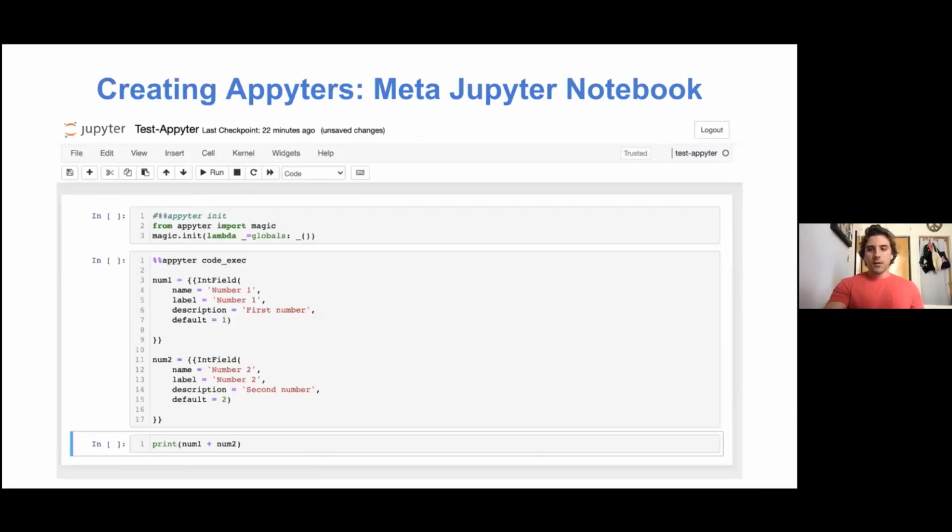So just to provide an example, here we have an Appyter notebook that is simply adding two numbers that are input by the user. The first cell contains the code that's required to initialize the Appyter SDK. And then in the second cell, we have this %%. These are referred to as Jupyter magics. %% appyter code_exec, which allows for the instantiation of Appyter functionality in this particular cell. And